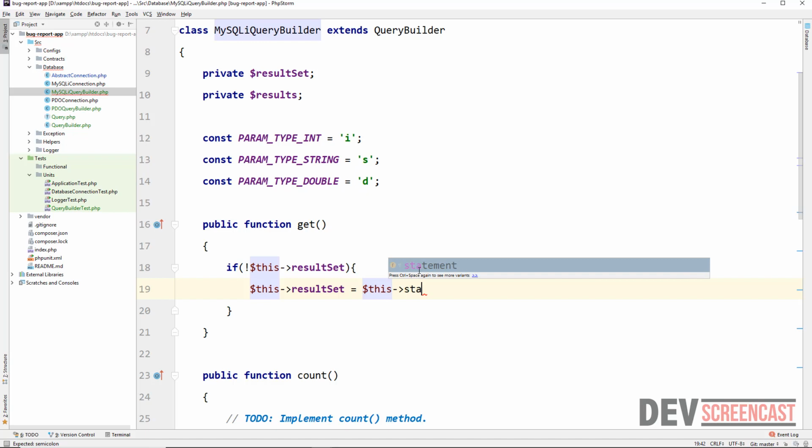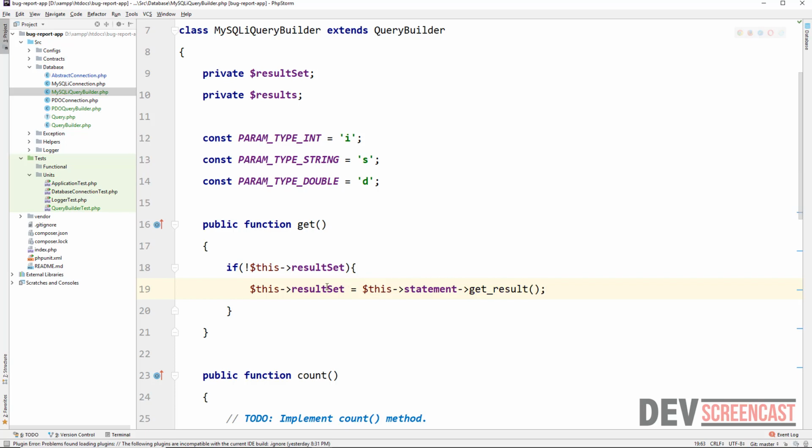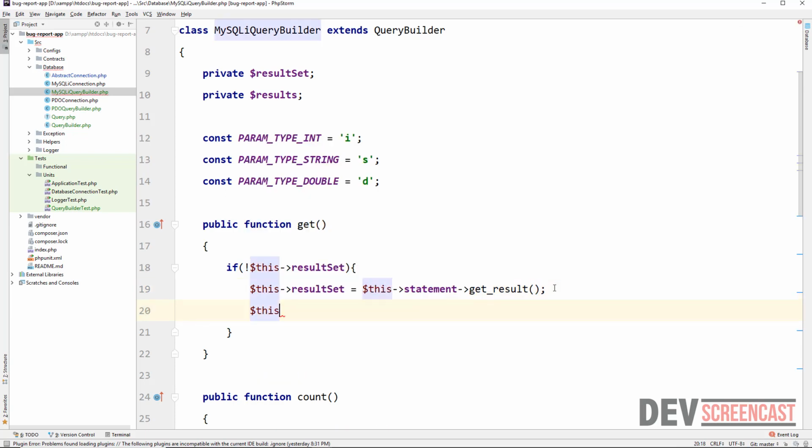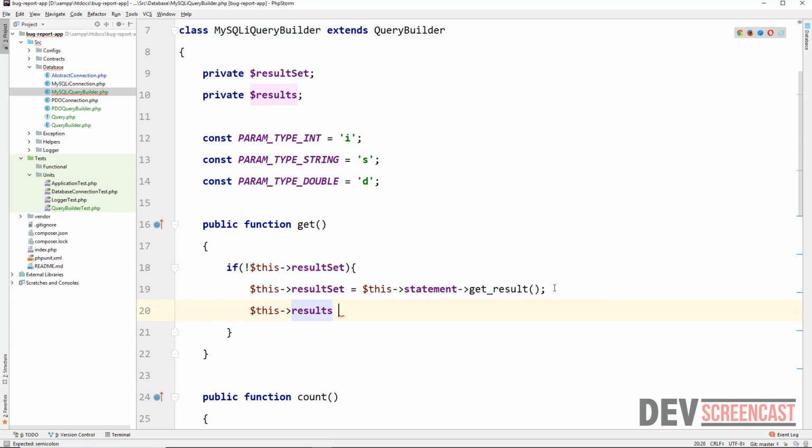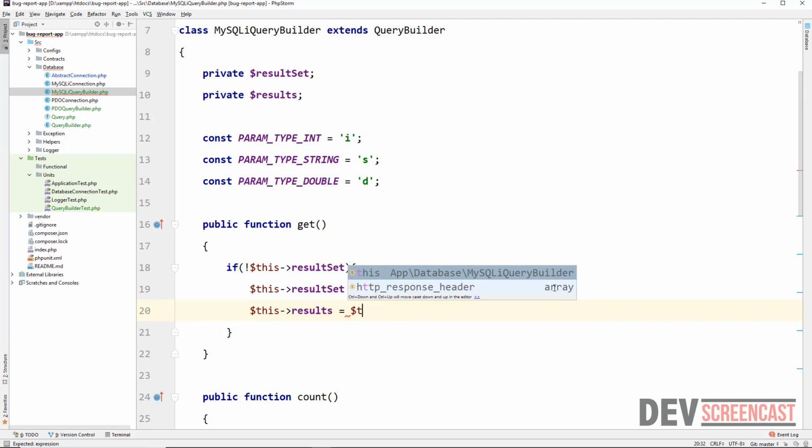This will be a MySQLi statement, and then we can say get underscore result. So once we get the result inside of the result set, this result should now be equal to this result set